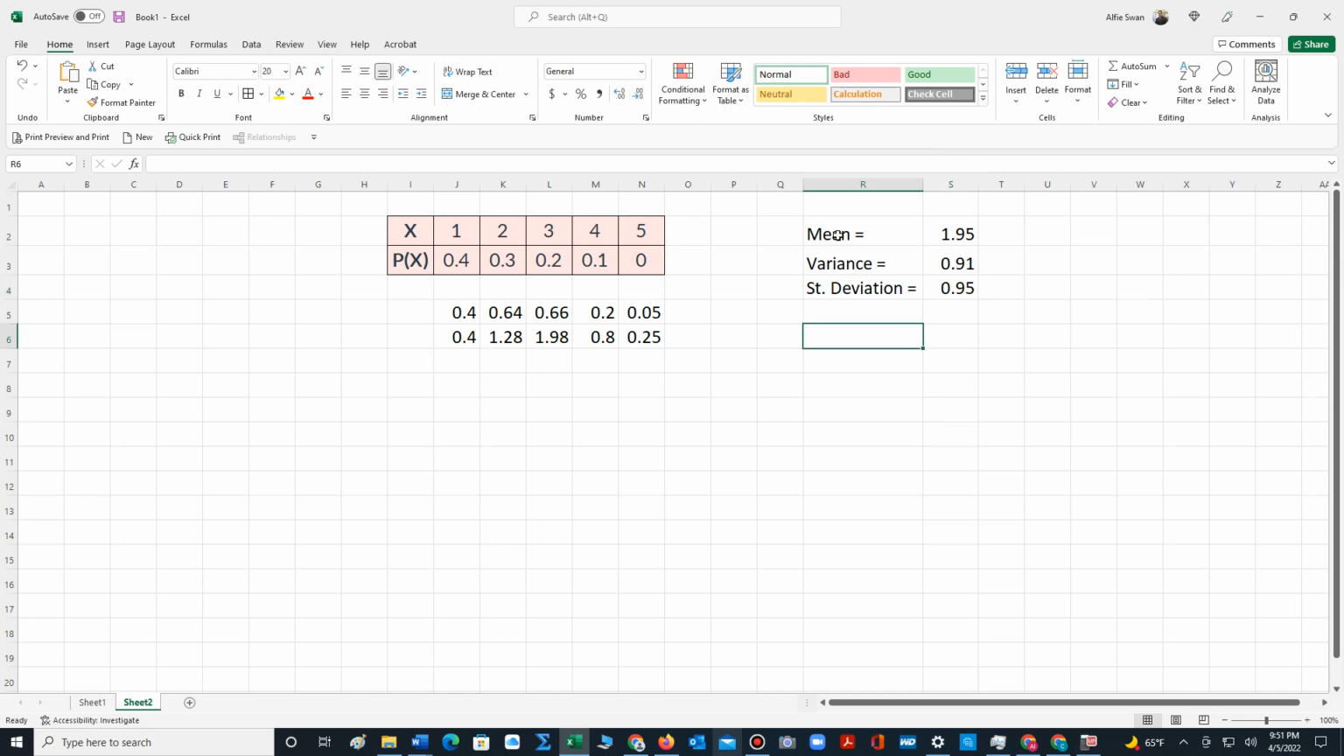And so we've just computed the mean, the variance, and the standard deviation